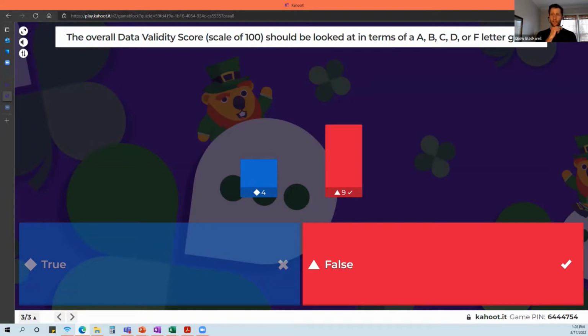Said a different way, if your data validity score is 35 out of 100, great. What that means is you've gone through that process, and through the limiting criteria that the software will identify for us, we now have these different options that we can consider implementing in our system that will improve the